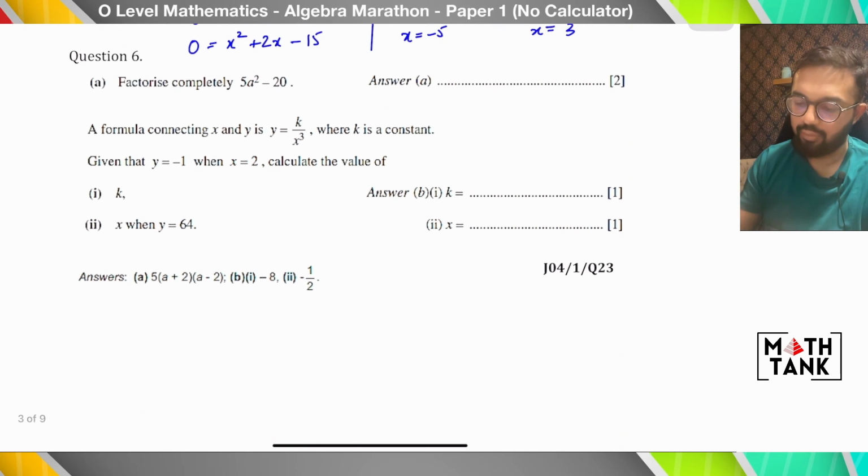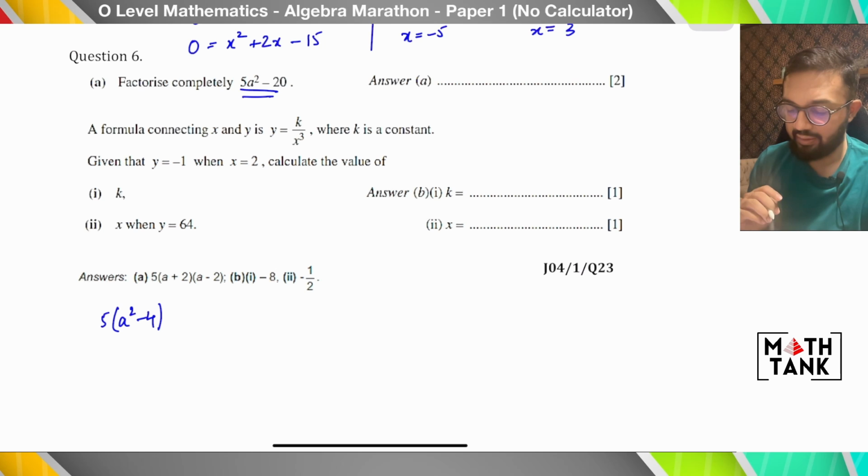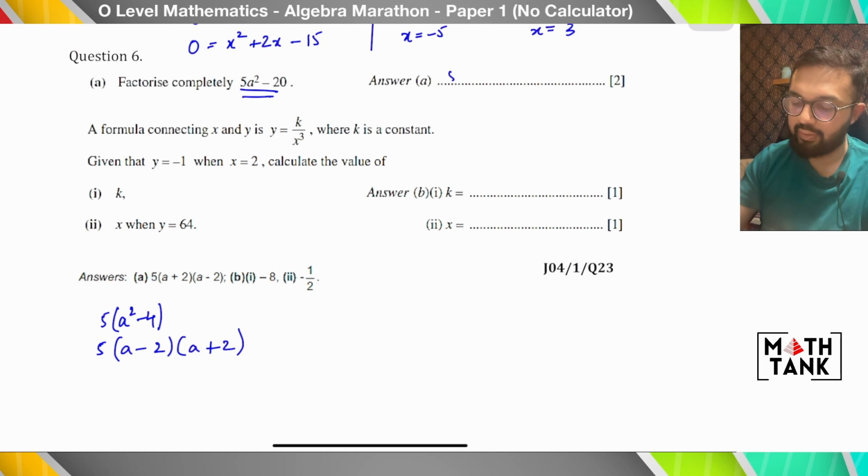Okay, then question number 6 says factorize completely. So the first thing when you're doing factorizing is to note if there's something common. I can see something common. I can see 5 common, so I get a square minus 4. Then I see that this is that factorization where I have a difference of squares. So a square is the square of a and 4 is the square of 2. So I can break it up into two factors and I can say that this is a minus 2 into a plus 2. That is the complete factorization of